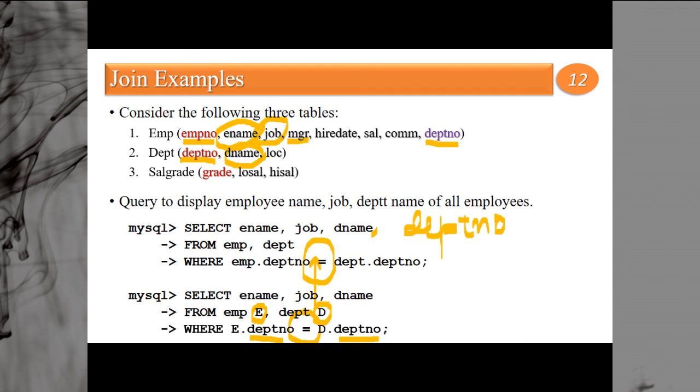This will generate an error. Why will it generate an error? Because there is an ambiguity. Where to pick the department number from? Department number from table employee or from table department? So that's why we have to use the alias here.